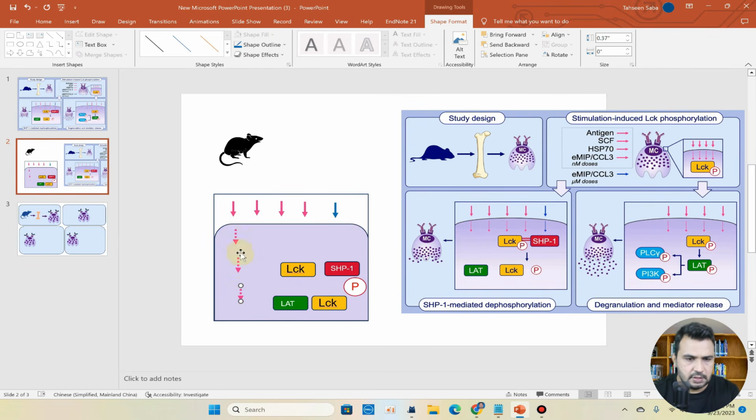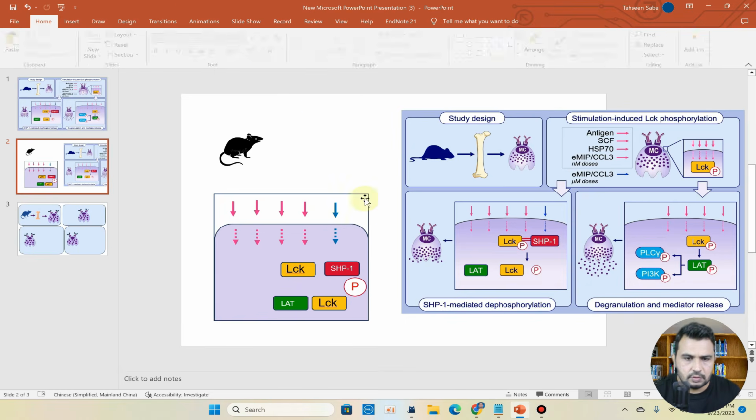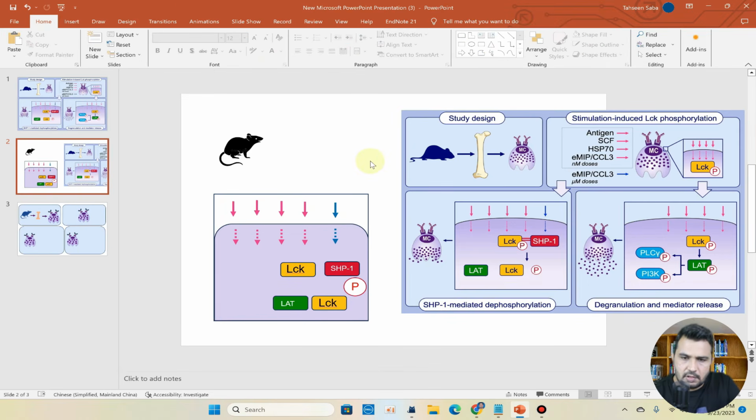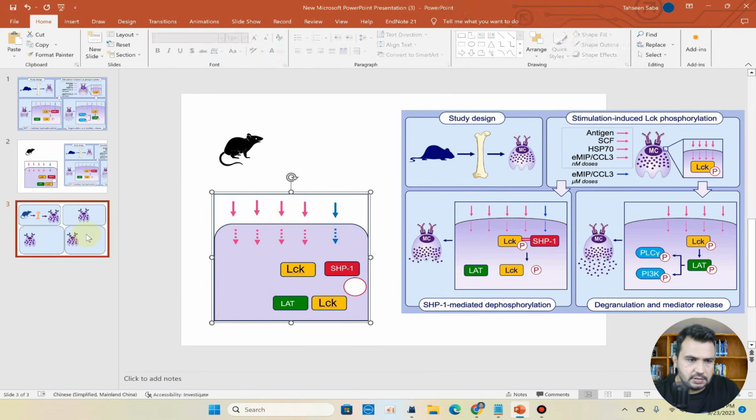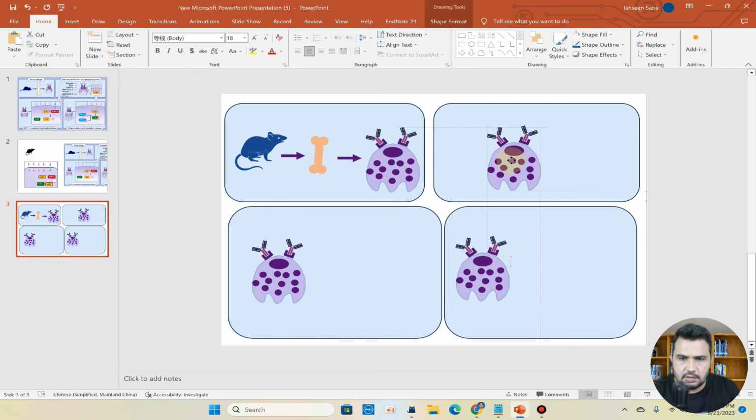So I will simply copy paste, and here, here and here, but its color should be blue. So now you can see our lock model is ready. So I will simply select all and press G. So now I will copy all this and take this to